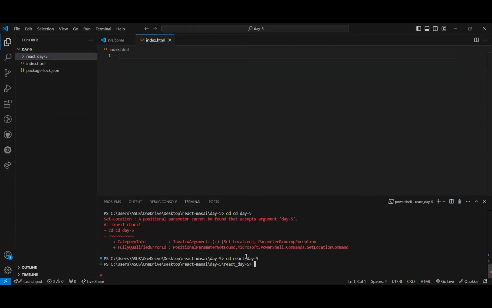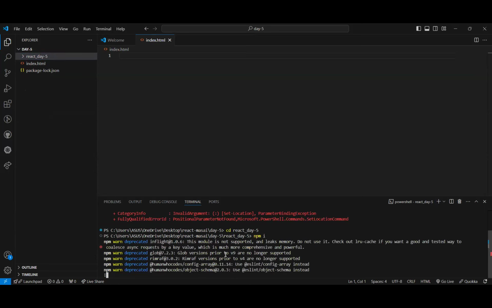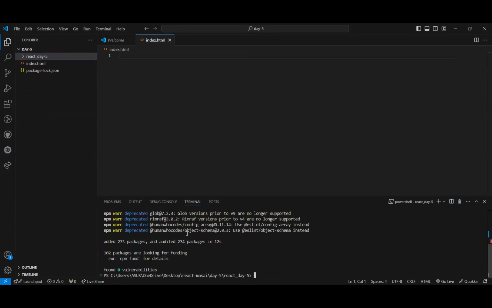All right, and here do npm i. Is this all right, sir? Yeah, that's fine. The npm deprecated warning basically means that some packages might not be supported.